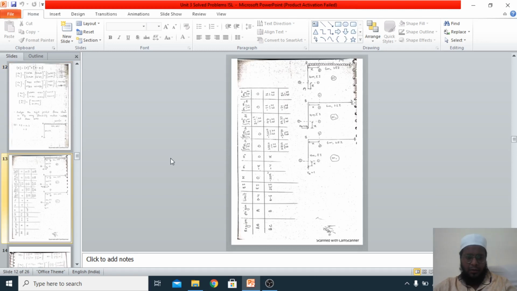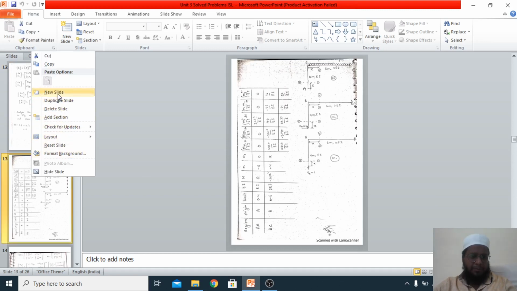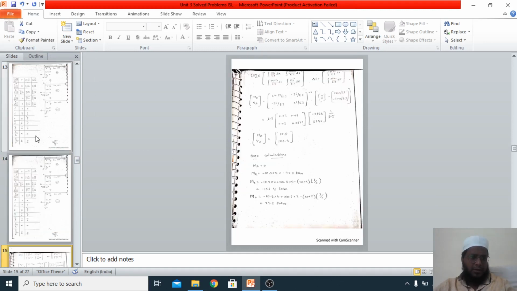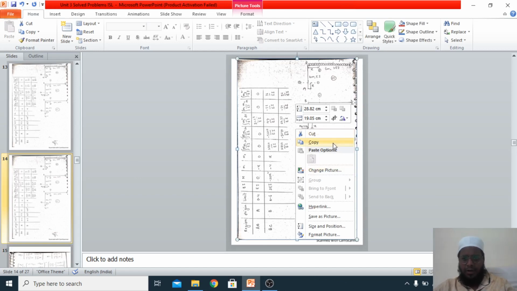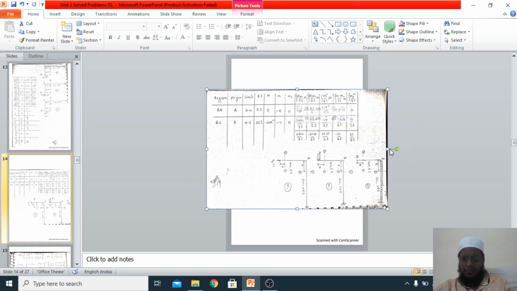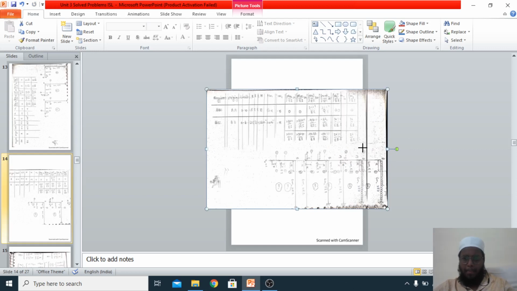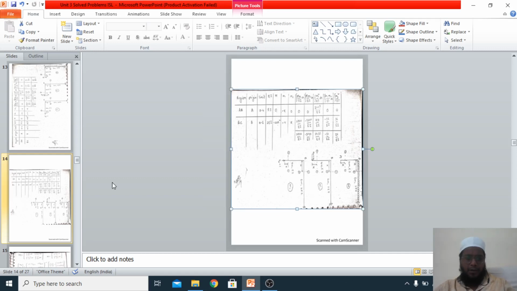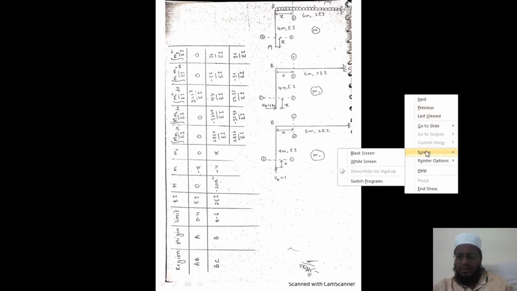So we'll take up one more slide, wherein we'll do one thing. I'll take this slide over here, and in this problem I'll try to rotate this one so that we can see it very clearly. Yeah, so you can see here. So now totally we have two slides for this particular frame. I have rotated this portion also, so that you will understand very easily now.